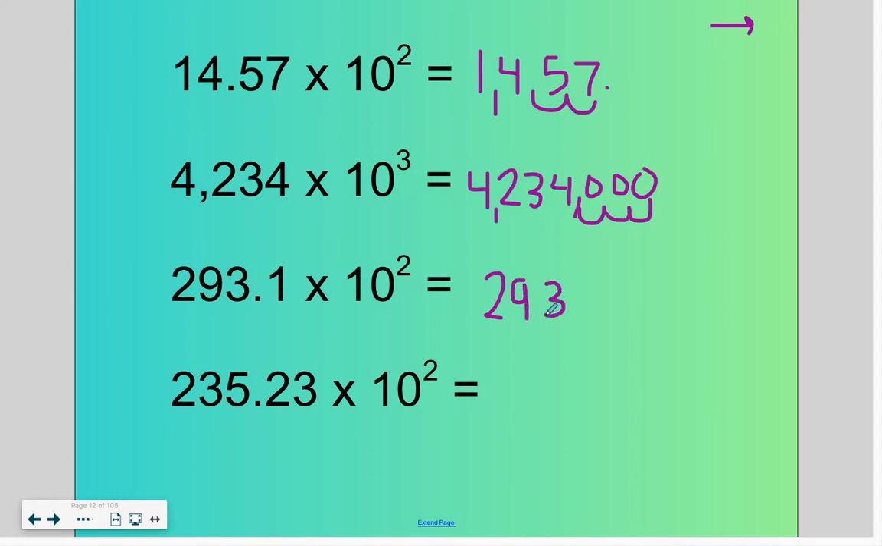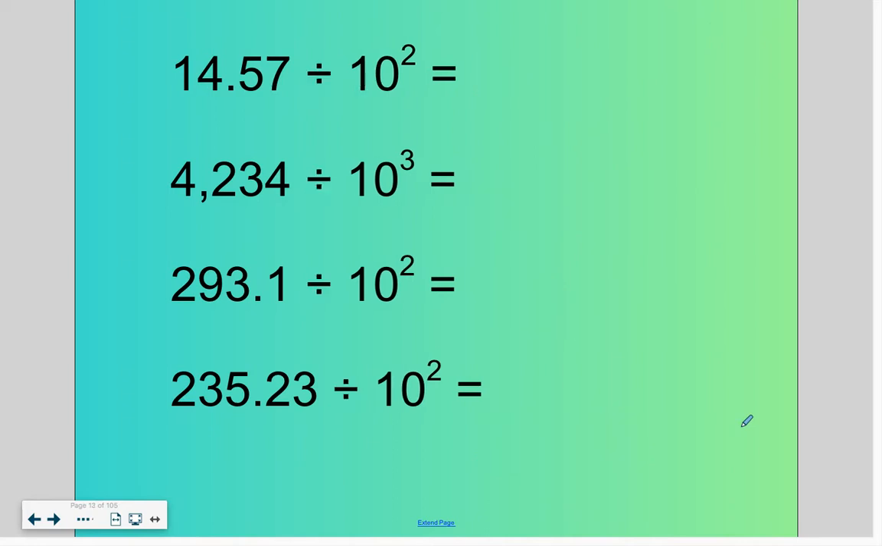293 and 1/10. Put your pencil where the decimal should be. We're multiplying by 10 to the second, so we are moving it over twice. We end up with an answer of 29,310. And for this final, write all the digits first. Put your pencil where the decimal should be. We're multiplying by 10 to the second, so we move it over twice. Our decimal ends up at the end of the number, and our answer is